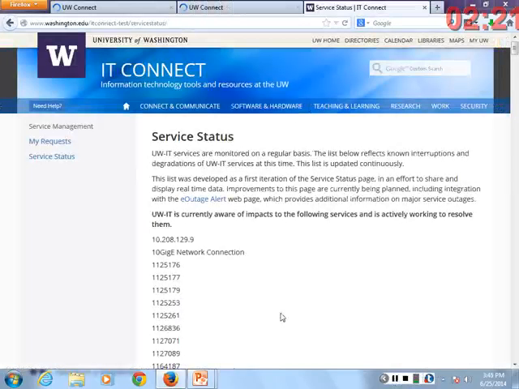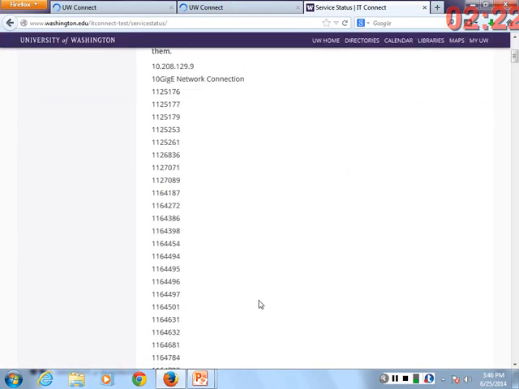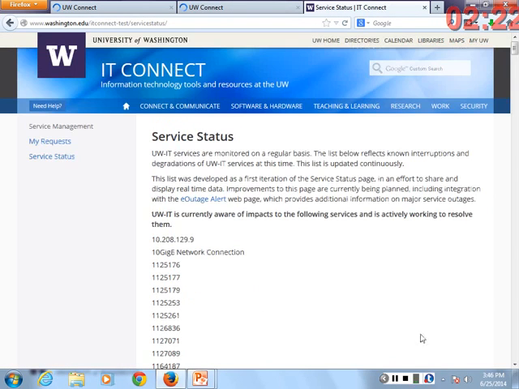Can you just do a little plug on the service status? So I'll just reiterate for those who couldn't quite hear. We're looking at the IT Connect portal, and this is showing us a real-time view of all incidents that have an impact of 1 or 2. So any incident with an impact of 1 or 2 will automatically be displayed here, so customers have a real-time update of our service status.